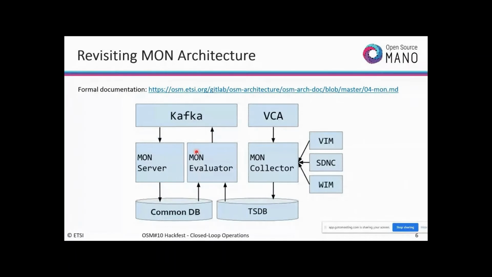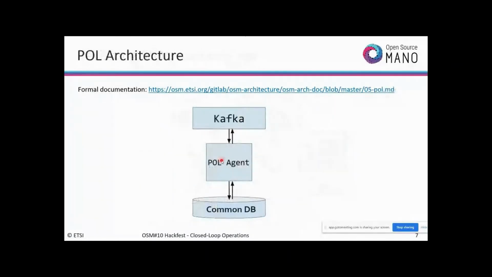So there is something that is coming up and is in the plan: can these alarms also be obtained from the common DB? There is no way today in OSM to see what alarms have been configured, or what action has to be taken for an alarm. We are enriching the northbound interface so that these alarms can be queried, and maybe also viewed in the NGUI that you are using as part of OSM. Okay,